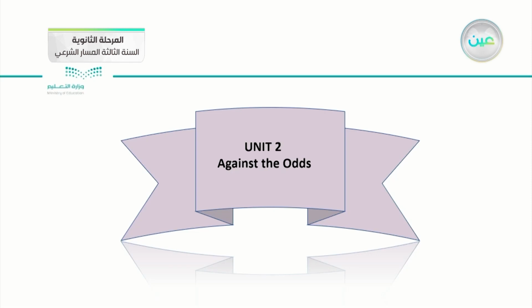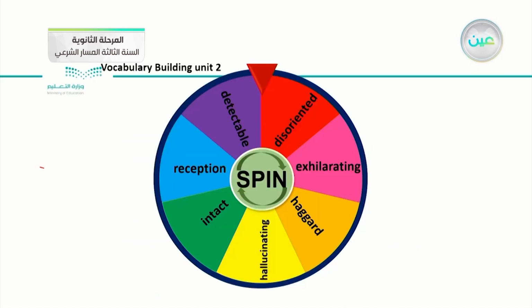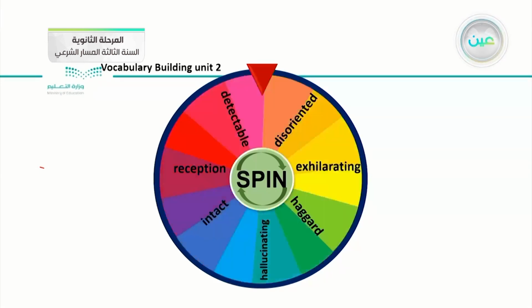Now we will go to unit 2, Against the Odds. Against the Odds has a lot of words in that unit. So we're applying it as a game. Look at these words. We have 1, 2, 3, 4, 5, 6, 7 words. All of them have a definition. And according to this unit's title, let's discuss the meaning of each one. So the first one is disoriented. What do you think